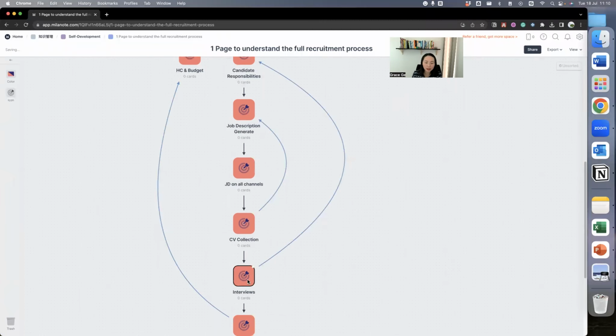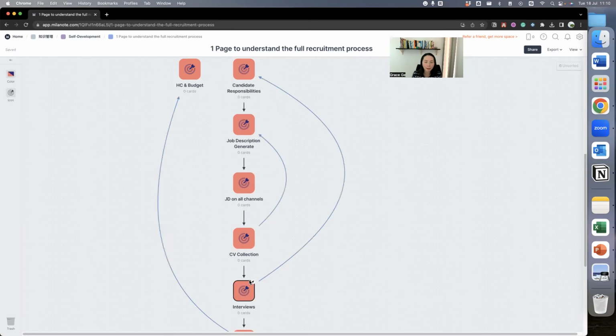Step two, if you get the interview invitation, this is a great opportunity for you to clarify further what the real candidate's responsibilities in this role are during the conversation you have with a hiring manager, or even sometimes you will have the interview together with your team members.